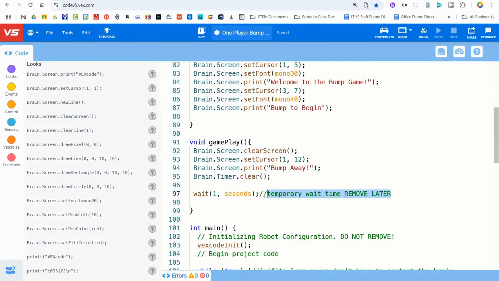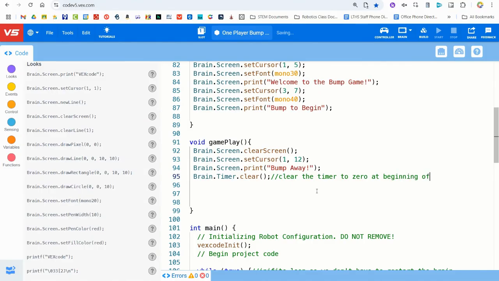We're going to get rid of the wait time because we said it was just temporary, just so we can see that our program was working. Right here, I'm going to put a comment because this is really important. Clear the timer to 0 at beginning of game. Okay. Now,